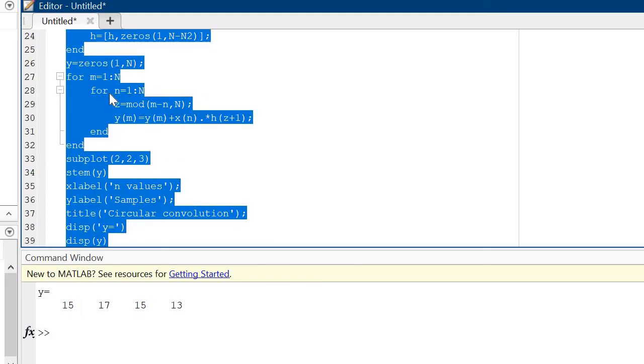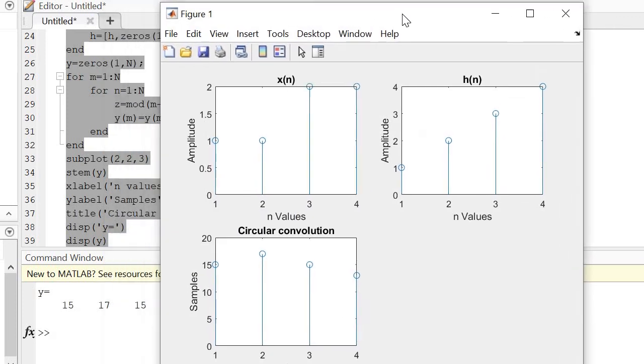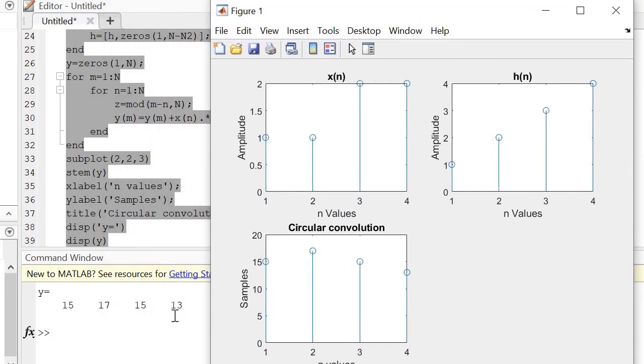Okay, check out the answer. Answer is the same, that is 15, 17, 15, 13. Okay, answer is the same.